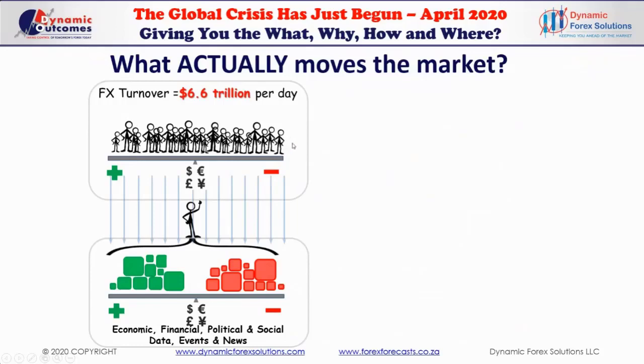And what is so interesting to understand is that all these events at any one point in time filtered through all these persons involved in the market, which are millions of persons, from individuals to hedge funds to central banks and so on, with a turnover of $6.6 trillion a day in the Forex market. All that at any one point in time comes down to 1 point,